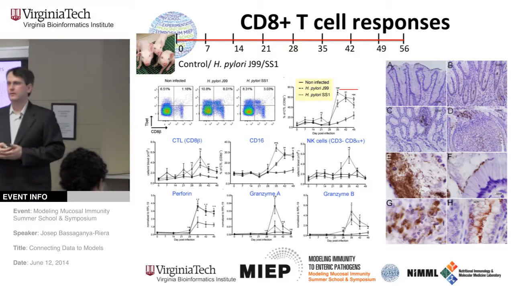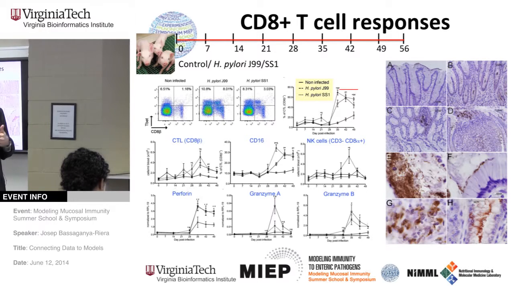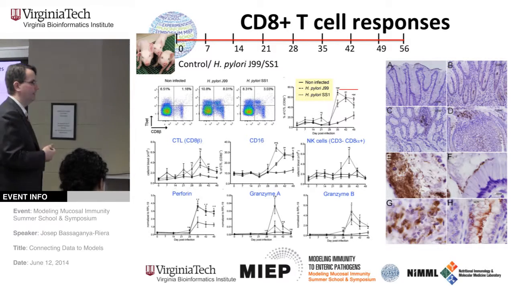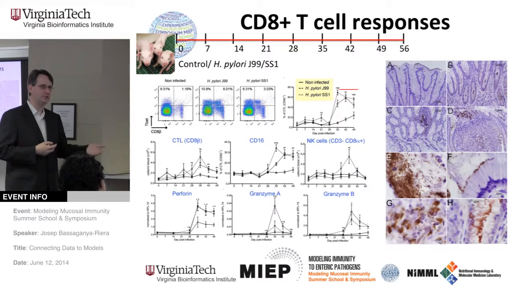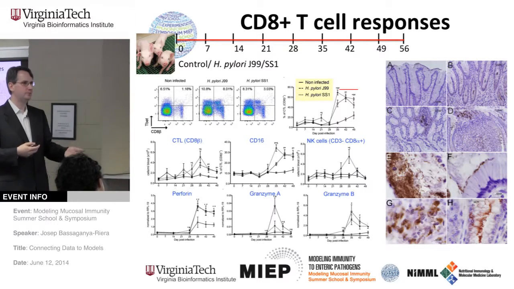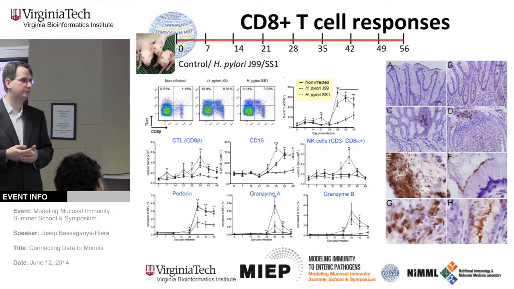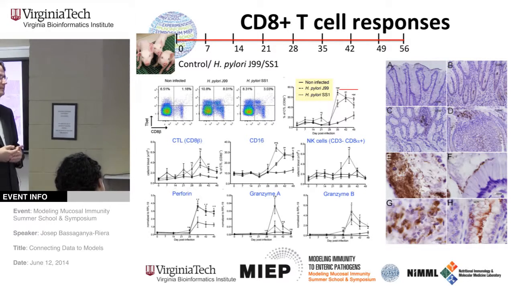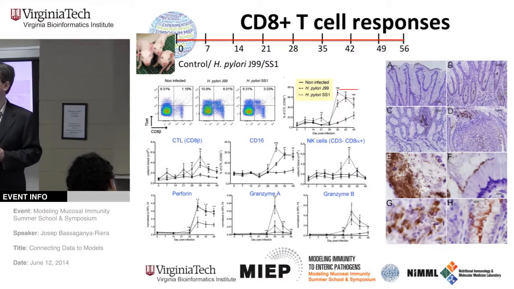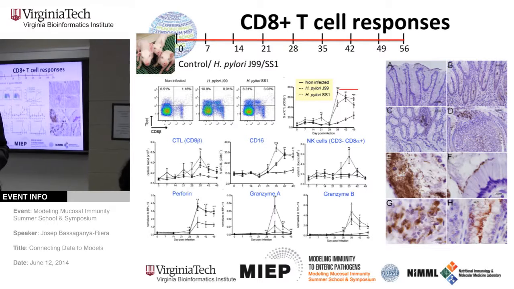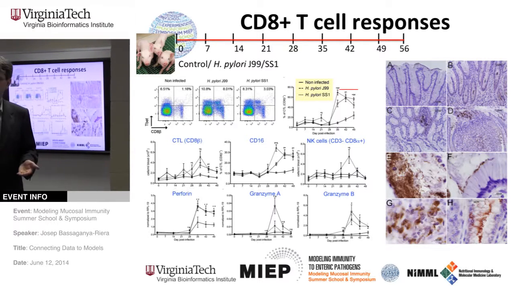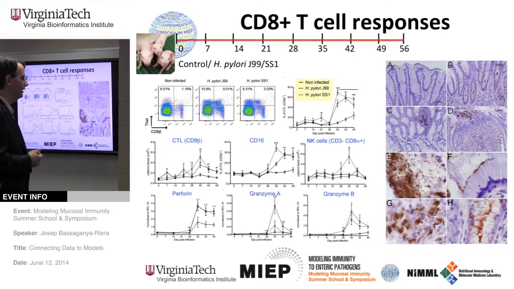Now, I alluded to the MHC class 1 versus MHC class 2 presentation of H. pylori, and we've been trying to induce CD8 responses. So if H. pylori is cytosolic, and if there is presentation through MHC class 1, we should see not only TH1 responses and TH17, we should see CD8 responses. We've had a hard time inducing CD8 responses, the kinds of responses you would expect in the context of influenza infection in the mouse model.